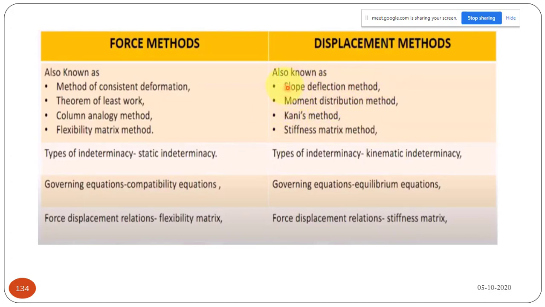But if you see all three methods, slope deflection method, moment distribution method, and Kani's method, or you can say the moment distribution Kani's method, this is just derived from the slope deflection method. Only the solution technique is different, but all these methods are the same as the slope deflection method. How to solve, your approach will be different. Here we will be solving some equations in the slope deflection method, but the moment distribution method is a kind of iteration we will be doing. That we will see while discussing it. But all these methods are derived from the slope deflection method.